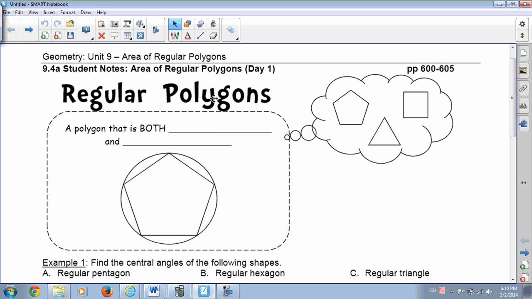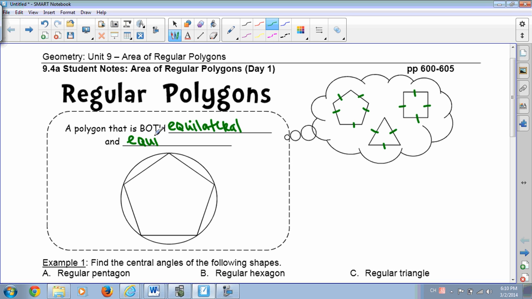Regular polygons simply mean polygons that are both equilateral, which just means that all of the sides are congruent to each other. So this pentagon, all those sides are congruent. That triangle, all those sides are congruent. And this is a square because all 4 sides are congruent. So it's both equilateral and equiangular,